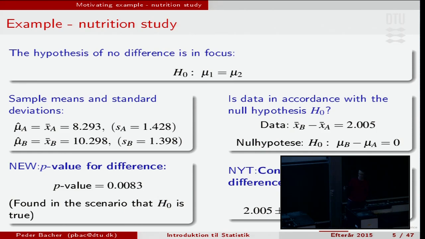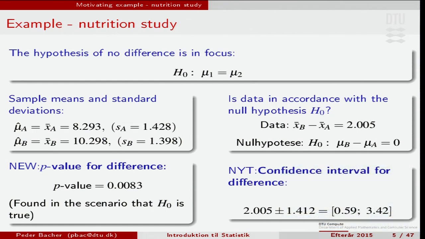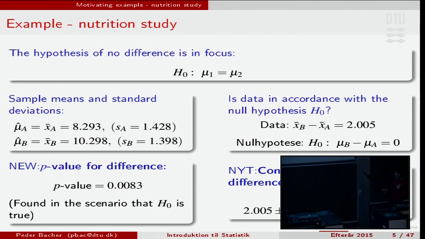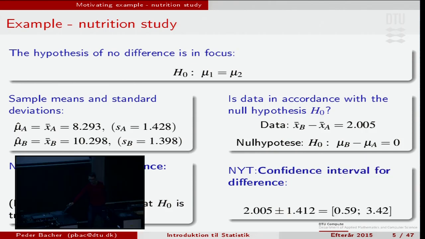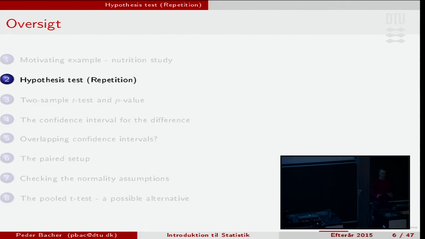And what we need to take into account is also the sample deviation of each sample, but we'll come back to that. So what we can do now, we'll learn today, is calculate a p-value for this hypothesis, and then also a confidence interval for the difference. So from the observed difference plus minus some value, we can get a confidence interval. Yeah. So that's what we're going to learn how to calculate today. But first, we will